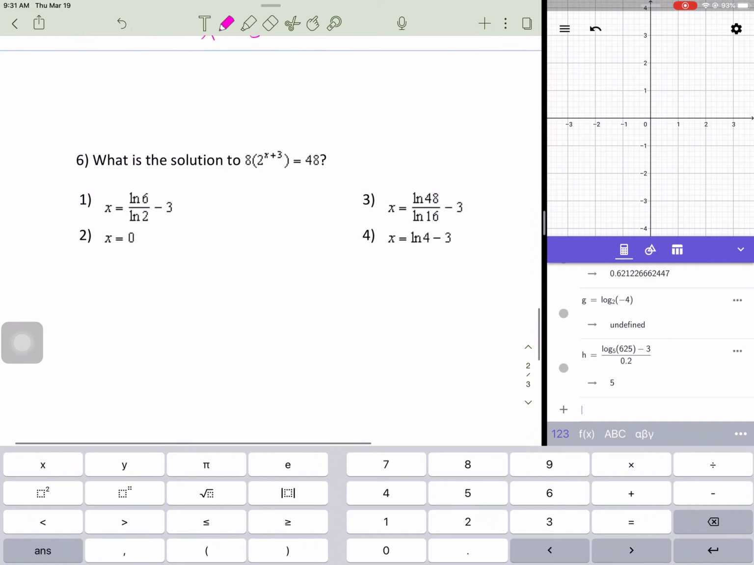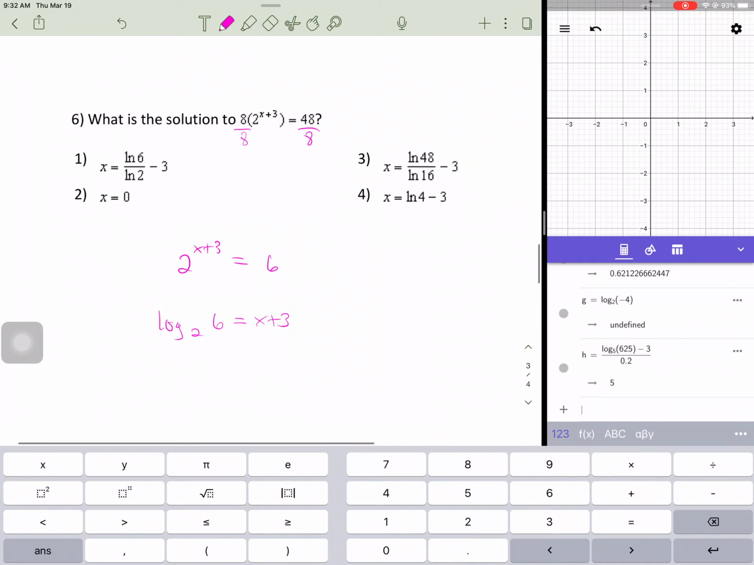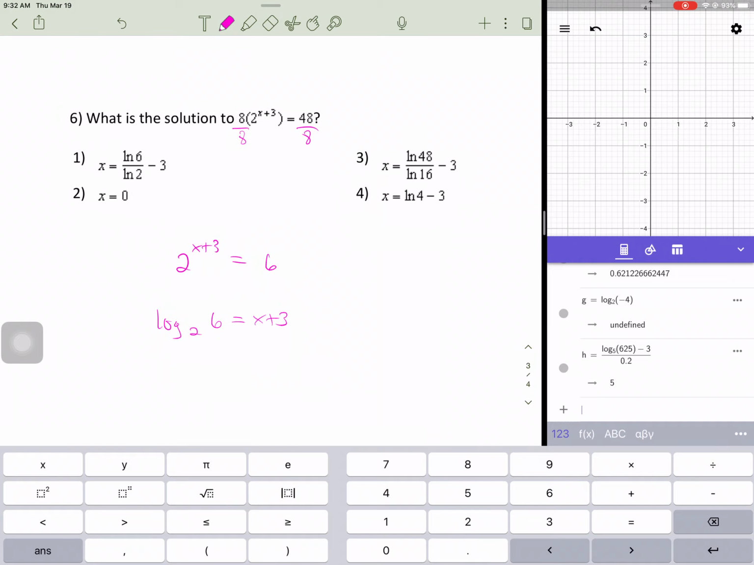What is the solution to 8, parentheses, 2 to the x plus 3 equals 48? So we can't really distribute the 8 here. Let's divide. And you get 2 to the x plus 3 equals 6. So we get log base 2 of 6 equals x plus 3. We could solve and then subtract 3, or you could just do log base 2, 6 minus 3 equals x. Put that right into the calculator. Or we don't have to because this is